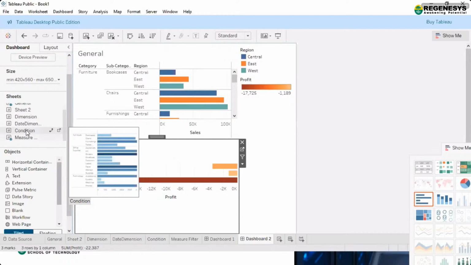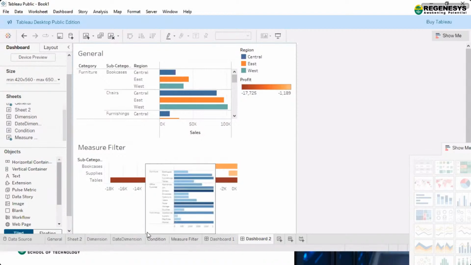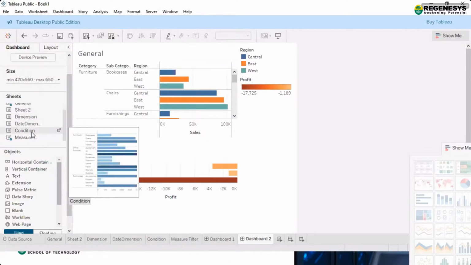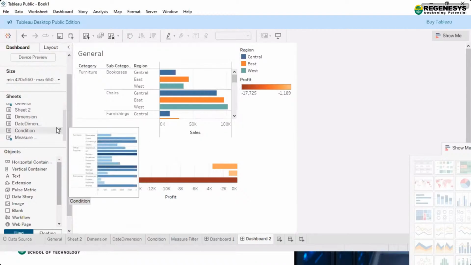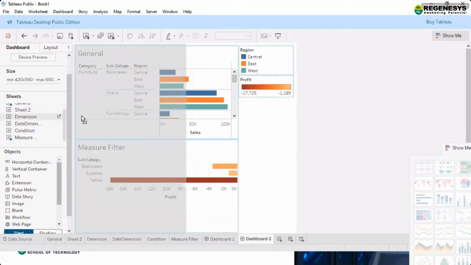And again, the next one is condition. You can even change the type of graph so that everything will look different. Now here we have all of this in bar format. You can even take another type of graph so that it will give you more idea.